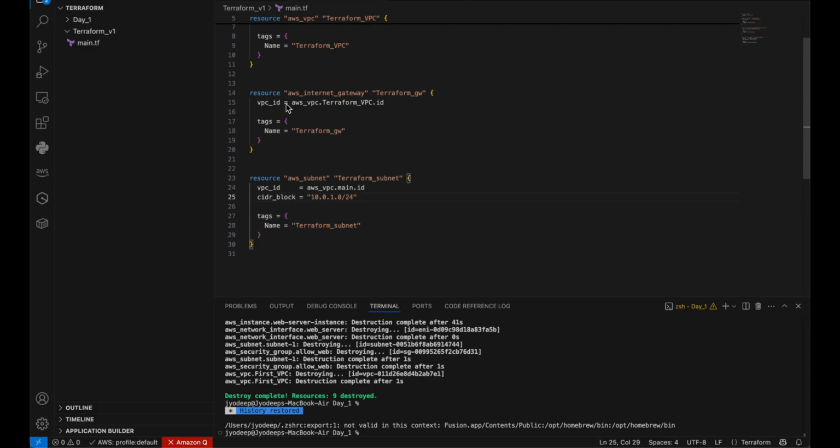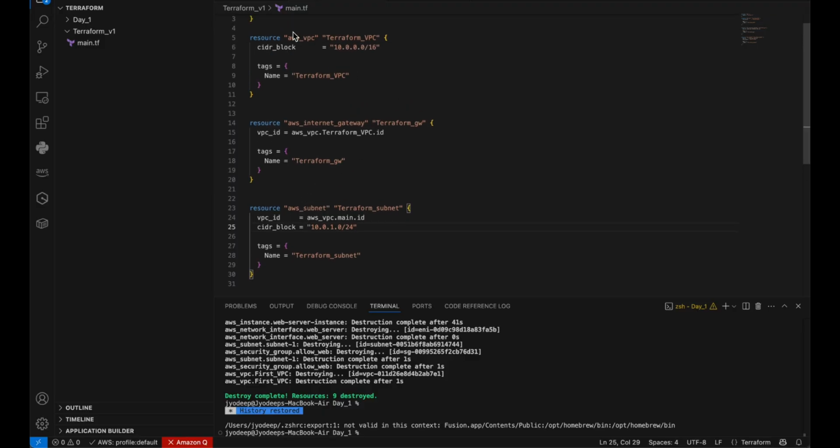And then, as usual, the VPC ID. We don't know the VPC ID, so we go all the way back up, take the first one, copy this, and then paste it. We already did this for our internet gateway, so I'll just copy this section and paste it back in. That gives us the VPC ID, just like I explained earlier. The CIDR block, we're just going to leave this 10.0.10. So you need to add another 0 over 24 because this gives us about 256 usable IPs in the